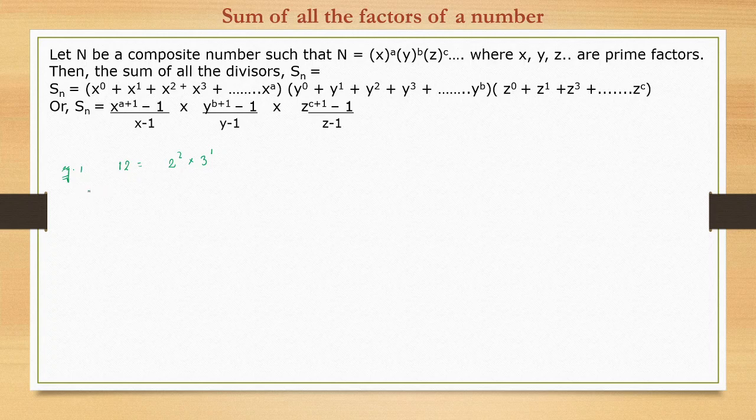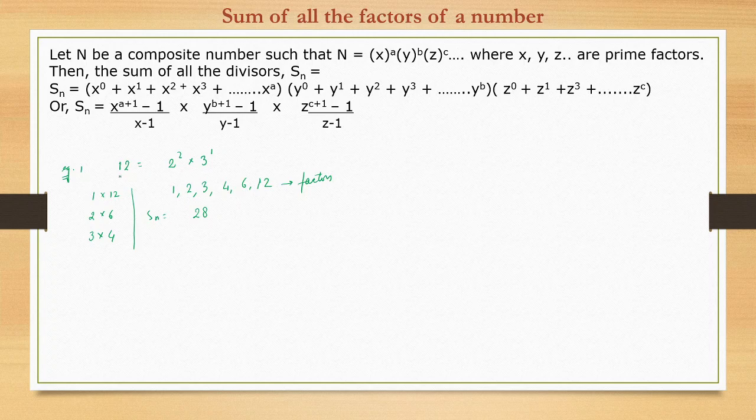In the previous part I had shown how to find the factors. So 12 can be written as 1 into 12 or 2 into 6 or 3 into 4. So the factors become 1, 2, 3, 4, 6, 12, right? You can add this. This becomes 1 plus 2 is 3, 3 plus 3 is 6, 4 more is 10, 6 more is 16, 12 more is 28. So 28 becomes the sum of the factors, right? These are the factors of 12 and the summation becomes 28.